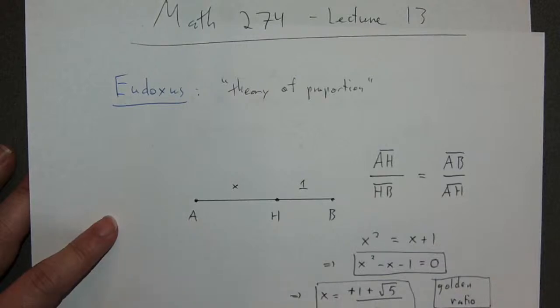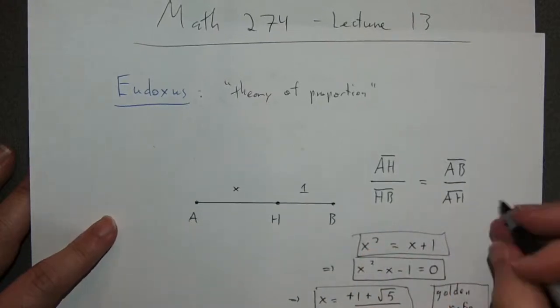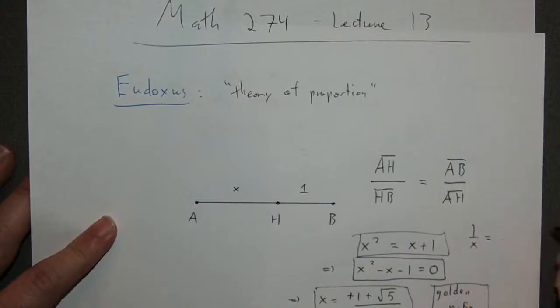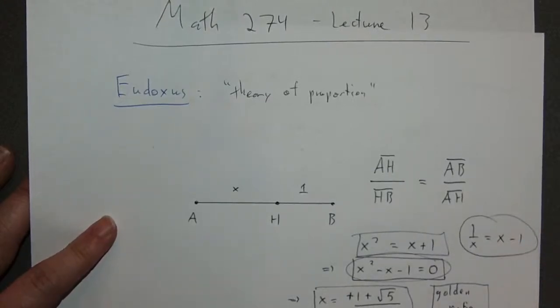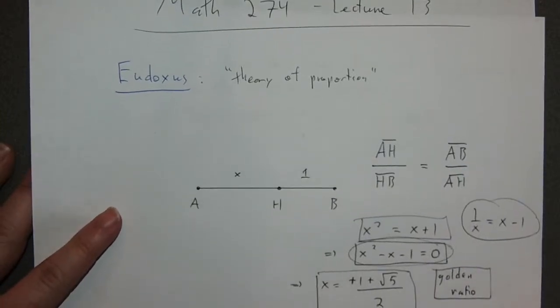So it turns out that x squared is equal to x plus 1, and 1 over x is actually equal to x minus 1. And this pair of numbers that you get, the pair of solutions you get here, are the unique real numbers that satisfy that. Okay. And what that means is that actually x minus 1 is sometimes also called the golden section or the golden ratio, because the decimal expansion is the same. After the 1, the decimal expansion is the same.